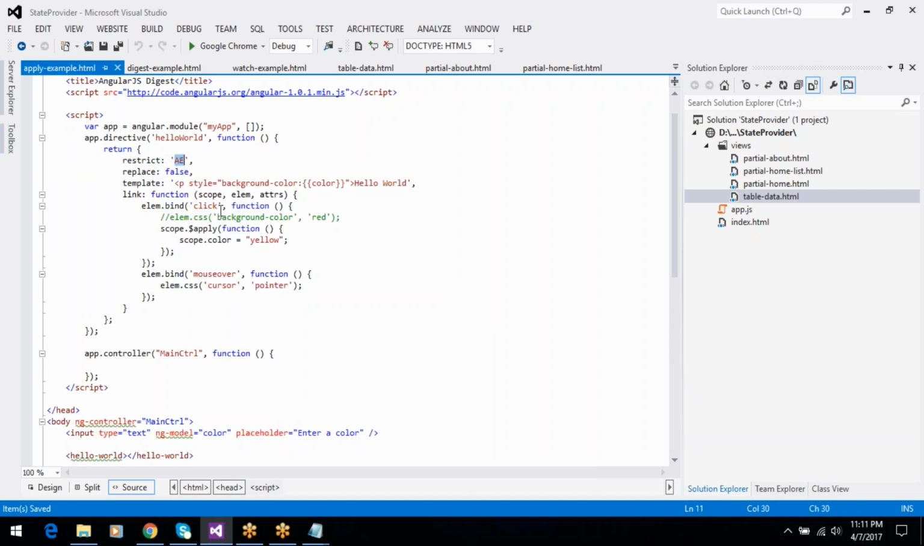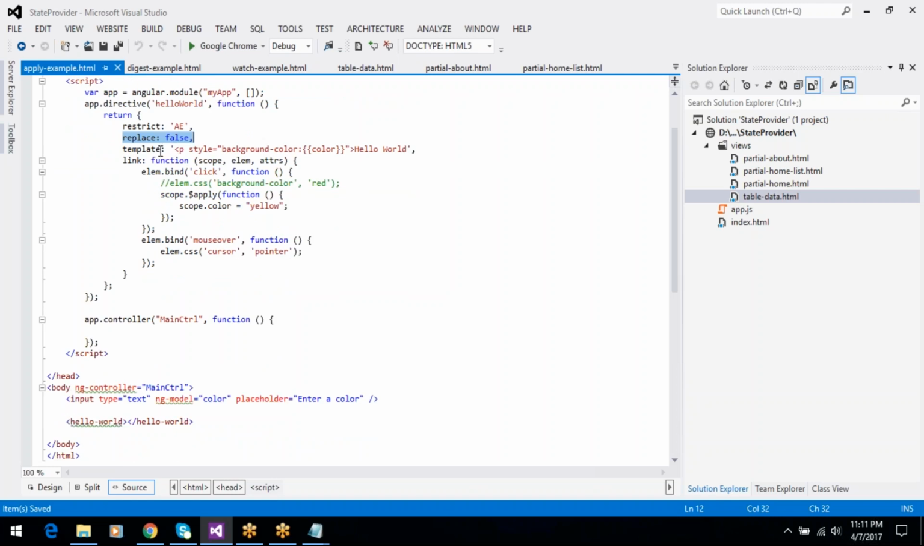Okay, both restrictions, element and attribute, are given, and replace equal to false. Replace equal to false means this template is added to this hello world element. If you give replace equal to true, this template replaces this element. Okay, and